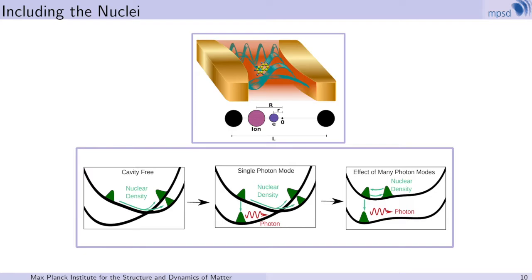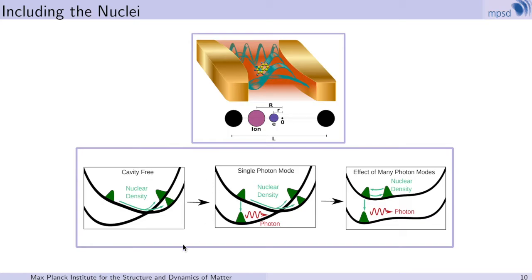More precisely, we wanted to check, because we now use MTE for photons, we can go to a multimode setup. How does the suppression of the proton-coupled electron transfer change if we include, besides one resonant photon mode, a lot of off-resonant photon modes? And just to give you a quick overview what the setup is,